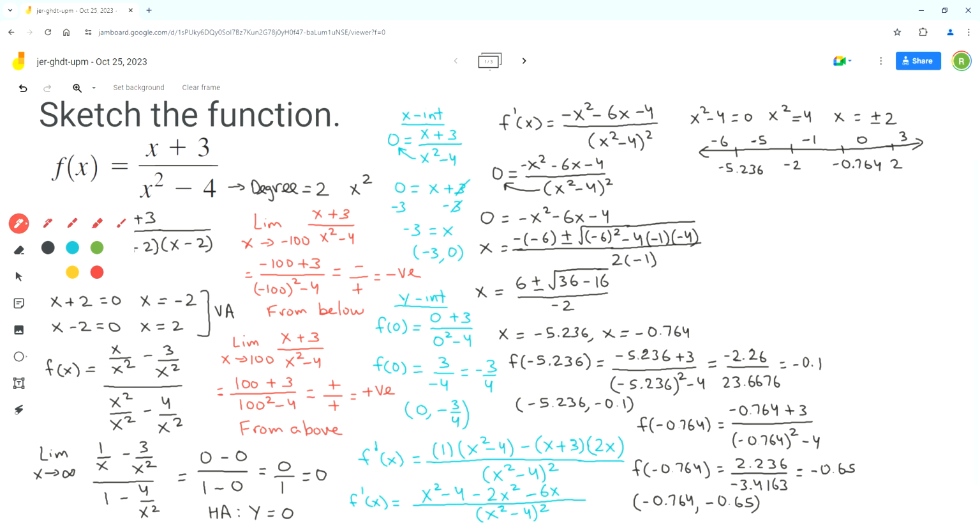So if the first derivative is greater than 0, that means the function is increasing, and if the first derivative is less than 0, that means the function is decreasing. So f prime at negative 6, so negative